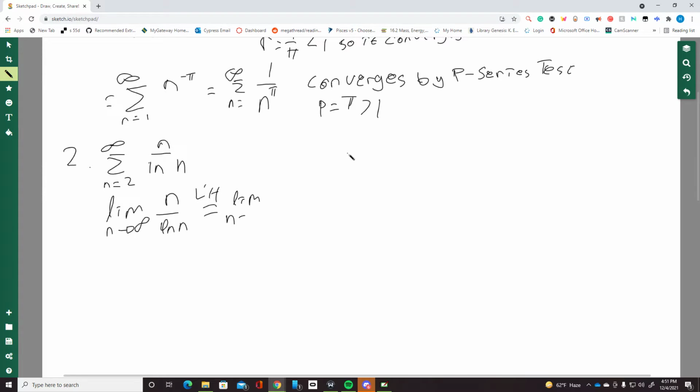So again, write the limit. We take the derivatives of n, which is 1, and ln n, which is 1 over n. And we can conclude that this is the limit as n goes to infinity of n, which is infinity. And since infinity is not equal to 0, the series diverges